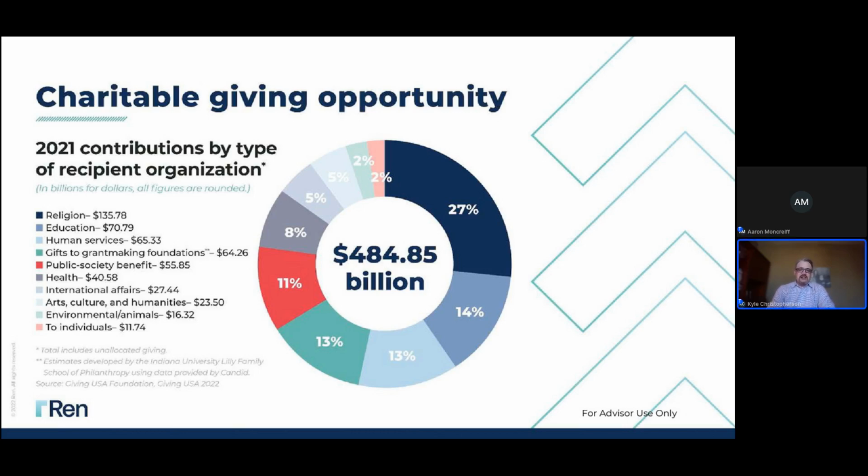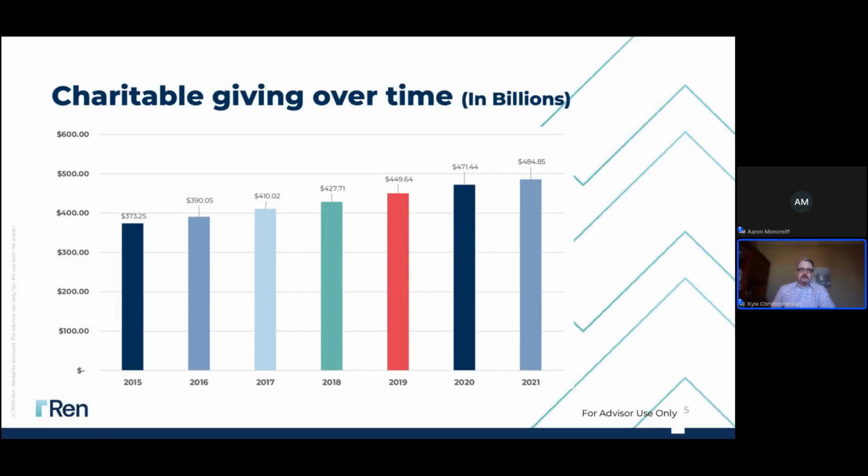So this gives you a good indication of where a vast majority of those charitable gifts are going that are given by, whether it be corporations or individuals, to the charitable community. Now, something that we have to keep in mind when we look at charitable giving over time is, is this something that ebbs and flows with the market, with the economy? Does it fluctuate over a period of time? A lot of times individuals think, when you're looking at your client base, when you're thinking about your client's charitable giving goals, sometimes when the tax advantage aspect of charitable planning is not prevalent because of the economy or the market is down, you may also be inclined to think that charitable giving is down as well. But in fact, that is not the case.